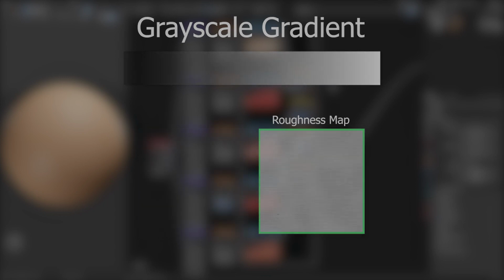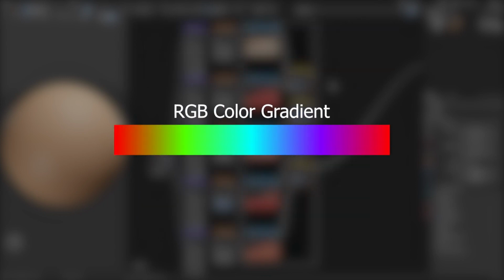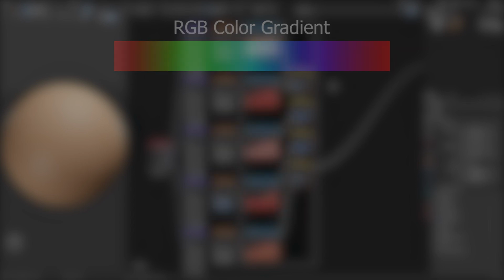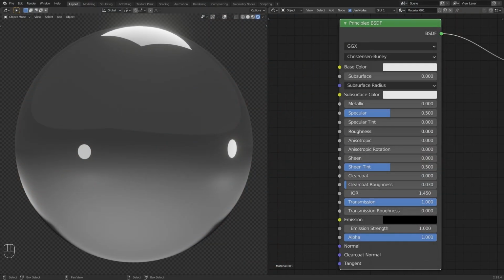Also, maps that use color are called RGB color maps. Accordingly, color maps are available in this RGB format. You know this when the roughness value of the principled shader is set to 1, that material becomes fully rough.